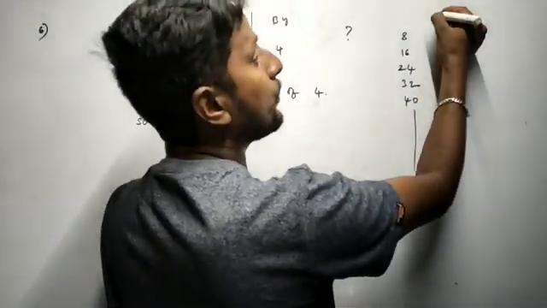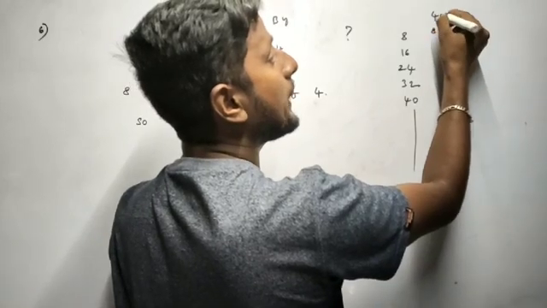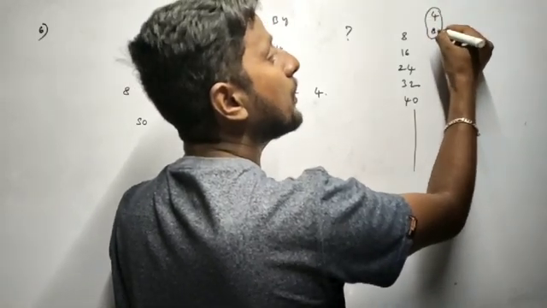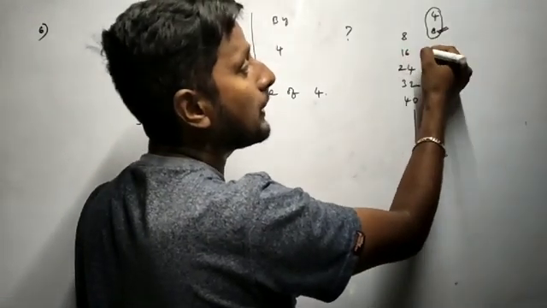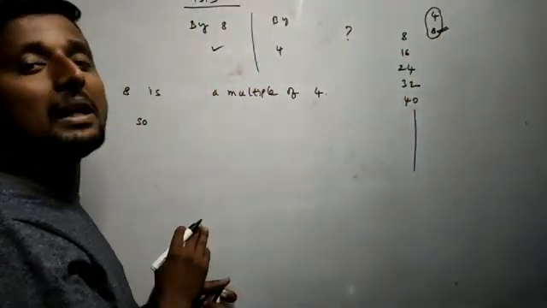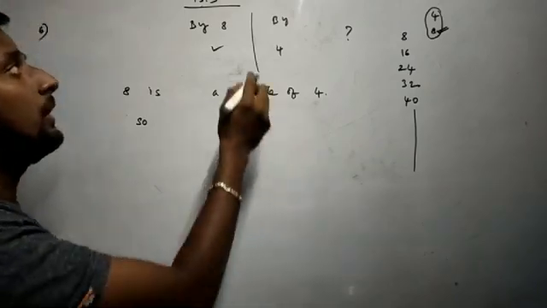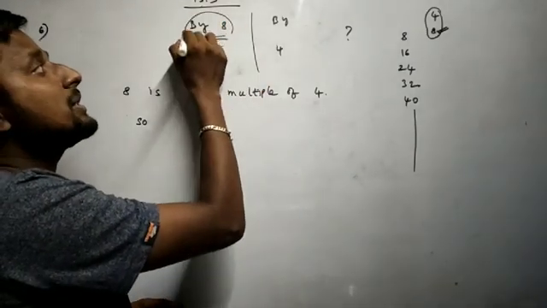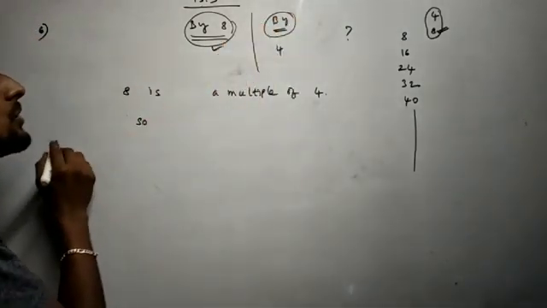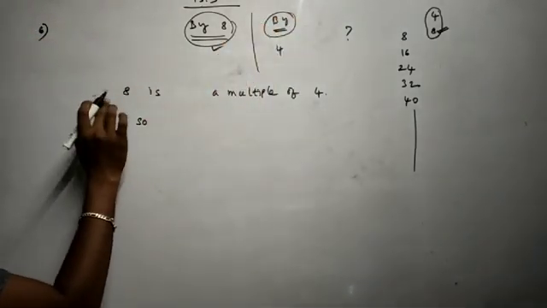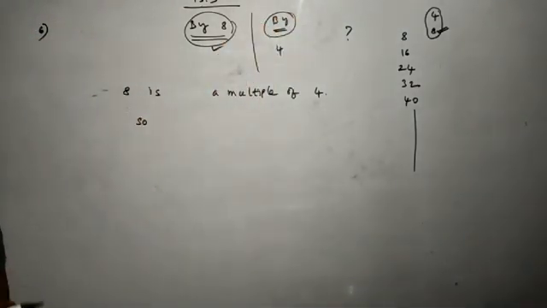But what I am telling you, 4 1s are 4, 4 2s are 8. So 8 is only a multiple of 4, correct? So whatever comes under 8 is also a multiple of 4. So the number which is divisible by 8 is also divisible by 4. Simple, the conclusion I will write here: 8 is a multiple of 4, so the multiples of 8 are also multiples of 4.